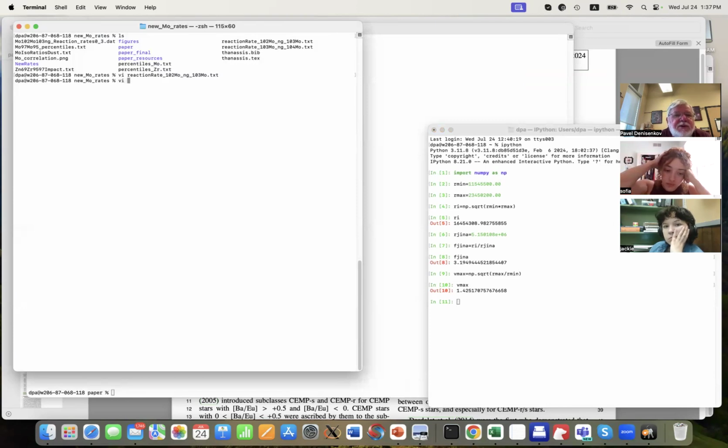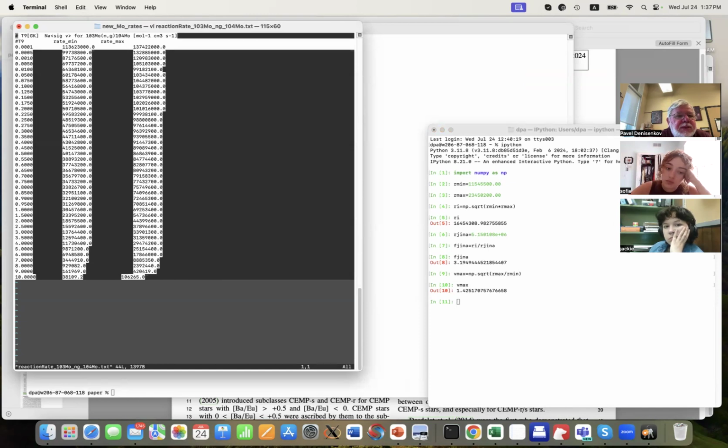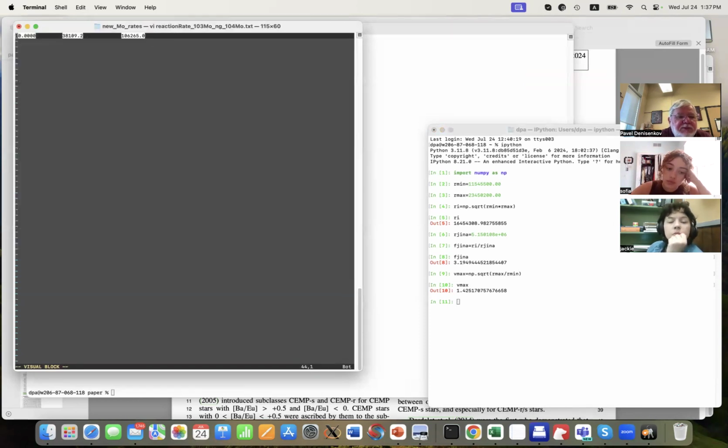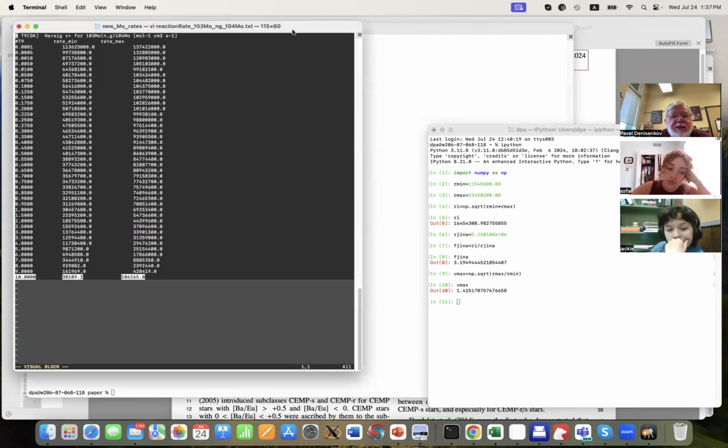So this is the file that I sent you. Again, now I have R min equal to, at 0.3 temperature, this is for molybdenum 103. So the minimum rate is here, R max is here.